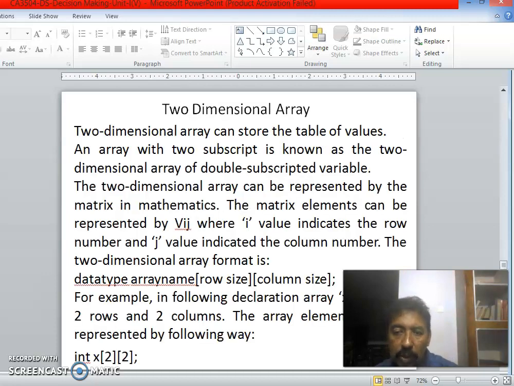Then the two-dimensional array. A two-dimensional array means it contains two subscripts. Therefore, single dimensional means a single subscript, and two-dimensional means two subscripts. The example for that is int x[2][2], that is, rows and columns: 2 rows and 2 columns, totally 2 cross 2, 4 elements are possible.